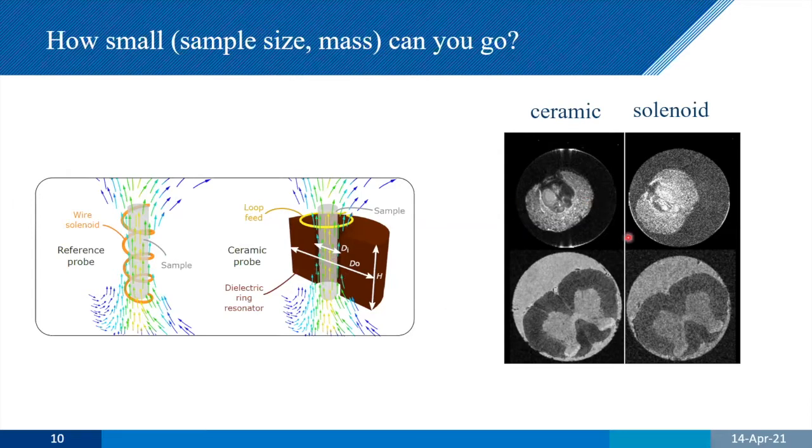And so if you compare what everybody else uses, which is a solenoid, with one of these ceramic resonators, and this is work done with Luisa Ciobanu in Paris, we see a significant increase in signal to noise over here. So by going to high field, by looking at some new elements in terms of the RF here, we're able to get really incredibly high resolution or study very small amounts of material.